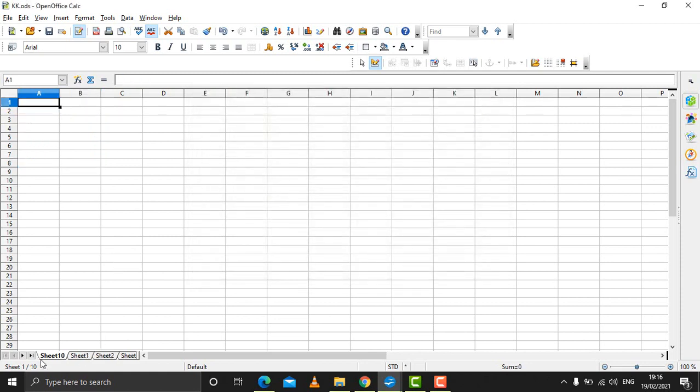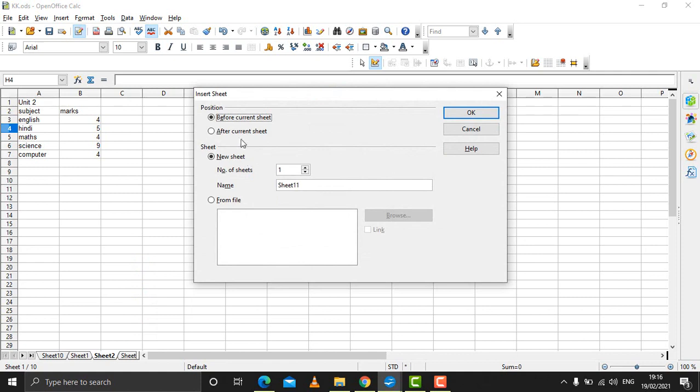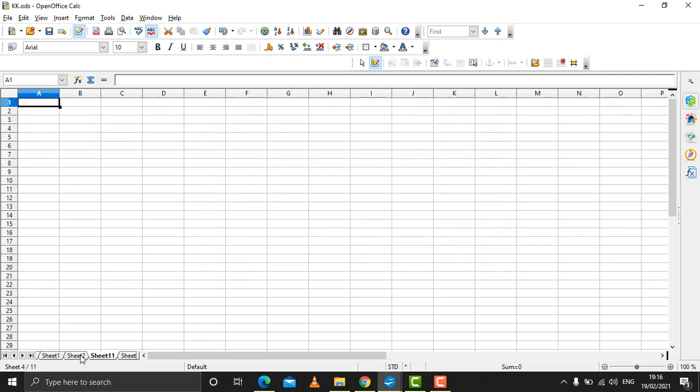So I got this sheet 10 just before sheet 1 because I was on sheet 1. Now sheet 10 is inserted just before sheet 1, so I have got a new worksheet here. Even if you want to add some more worksheets, you can add through this tab also. Right click wherever you want at this place, click on insert sheet. The same dialog box appears. It will ask where you want, before or after. Suppose you click after and click on OK. See, sheet 2 was there, now sheet 11 came after sheet 2.